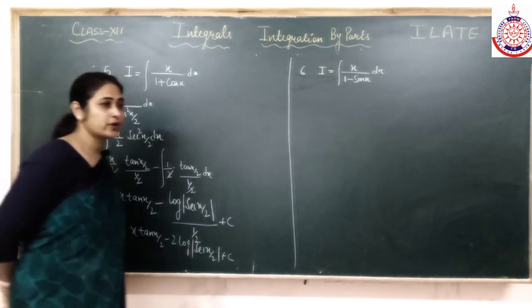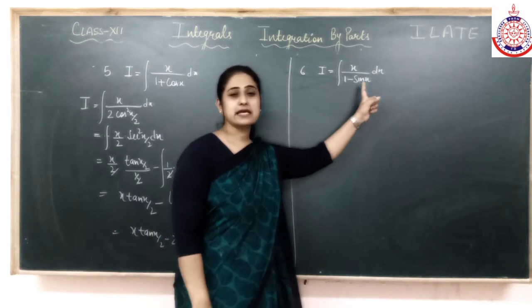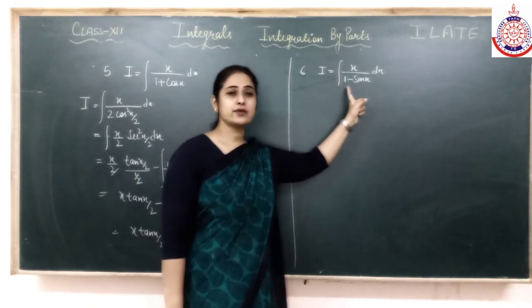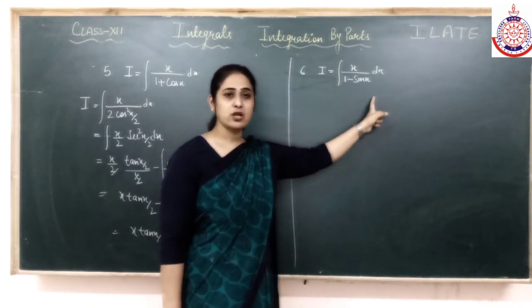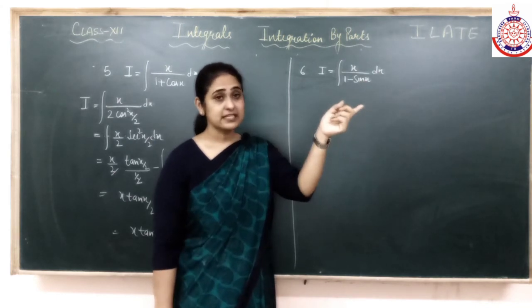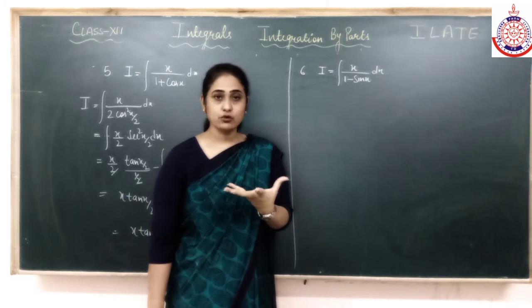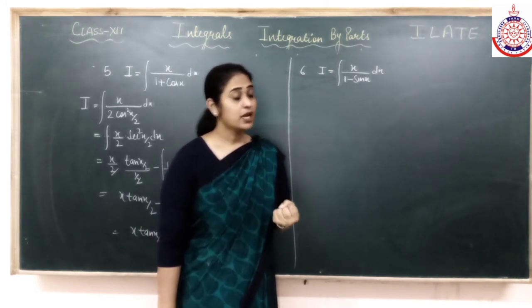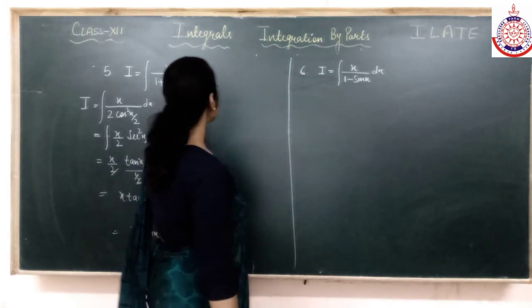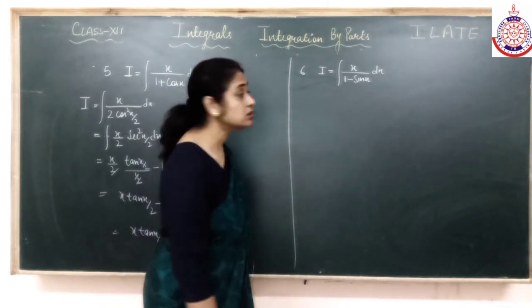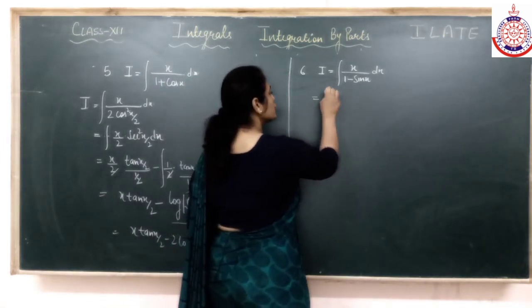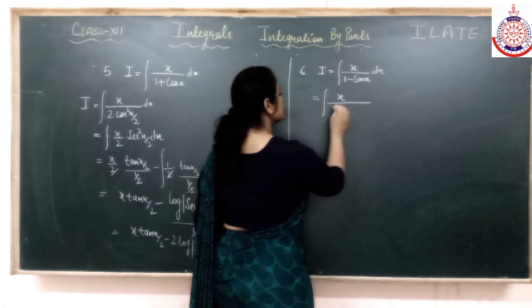कि सोचो कि हम लोगों ने एक rule किया था कि अगर 1 minus sin x आ जाए तो उसको लिखो cos square x by 2 plus sin square x by 2, उस पर double's formula apply करो. Trigonometry वाले में किया था हमने, but ये denominator में है. अब denominator जैसे बड़ा बनता जाएगा question मुश्किल होता जाएगा. Is it clear? So what I am going to do, because I know the formula of 1 plus cos and 1 minus cos, so I am going to convert this sin into cos.